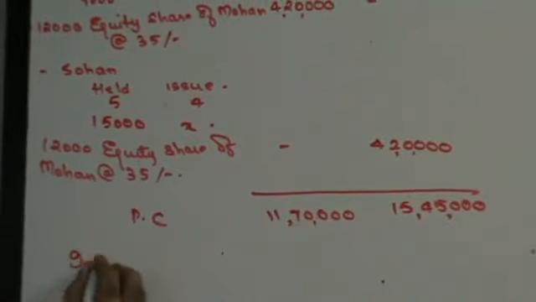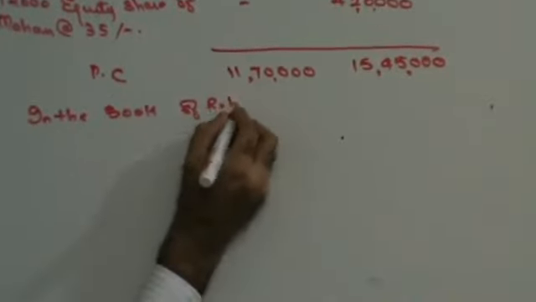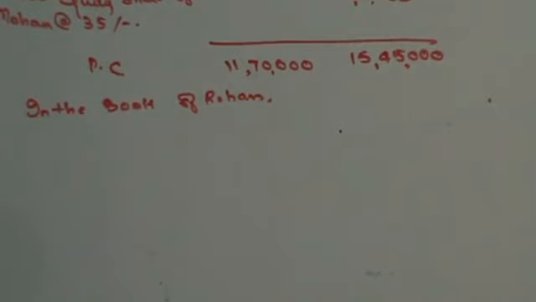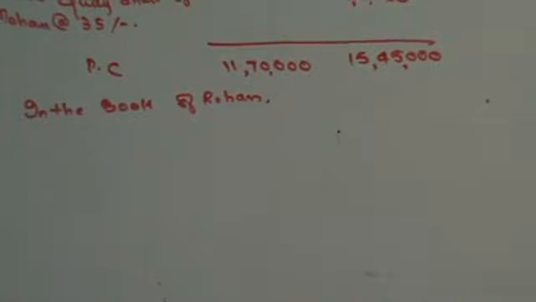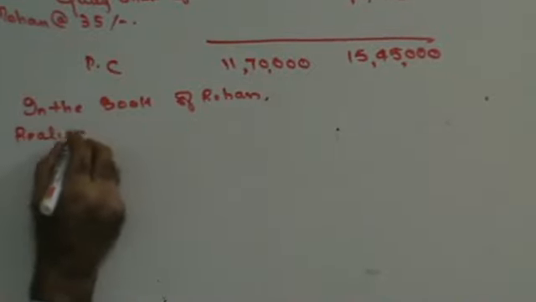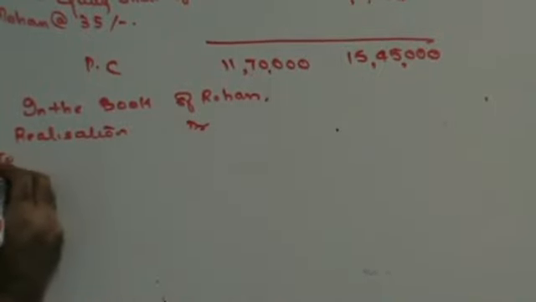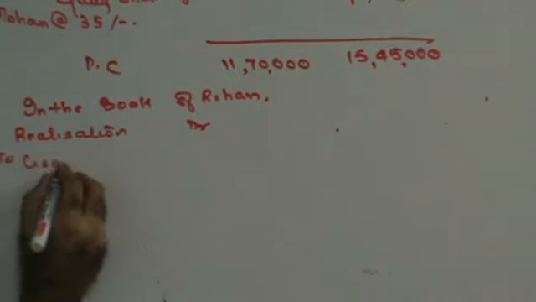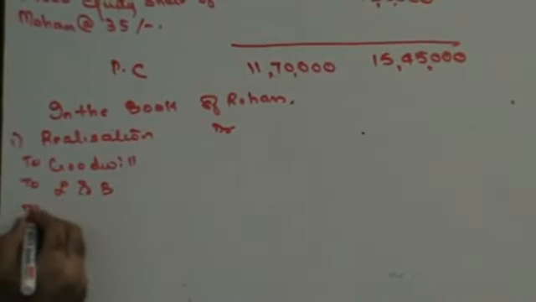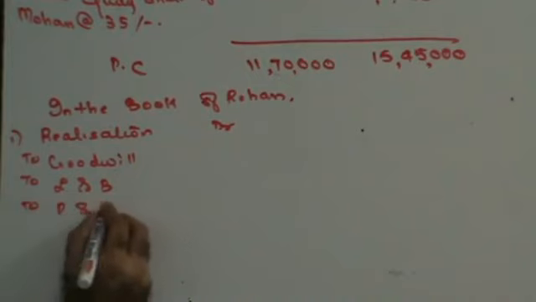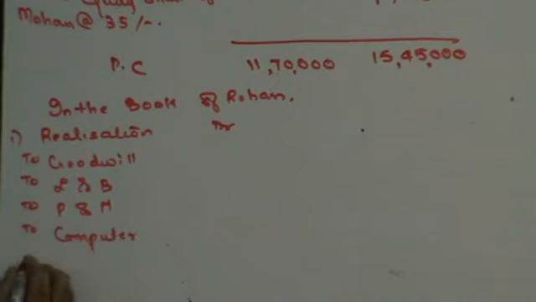Let's first do it in the books of Rohan. How do I do in the books of Rohan? First, you transfer the assets. The journal entry for transfer of assets will be realization account debit to all the assets. That is going to be goodwill, land and building, plant and machinery, computer, investments,